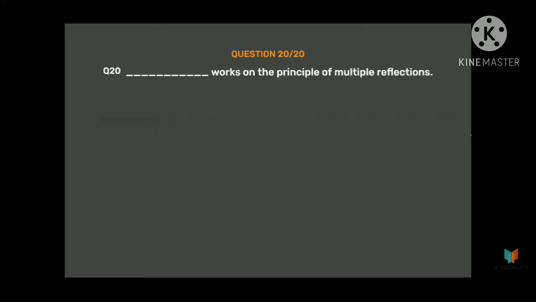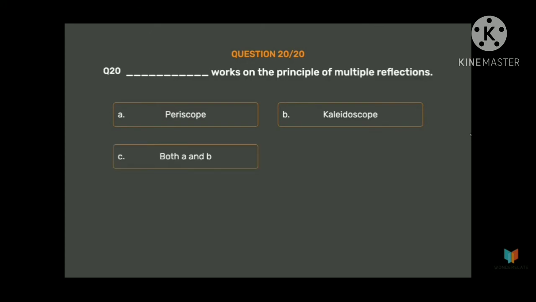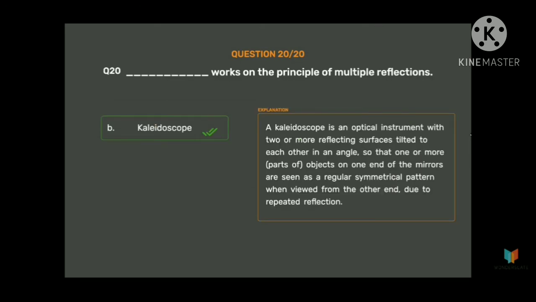Question number 20. Underscore works on the principle of multiple reflections. Option A, periscope. Option B, kaleidoscope. Option C, both A and B. Option D, none of these. The correct answer is option B, kaleidoscope. A kaleidoscope is an optical instrument with 2 or more reflecting surfaces tilted to each other in an angle, so that one or more parts of objects on one end of the mirrors are seen as a regular symmetrical pattern when viewed from the other end. Due to repeated reflection,